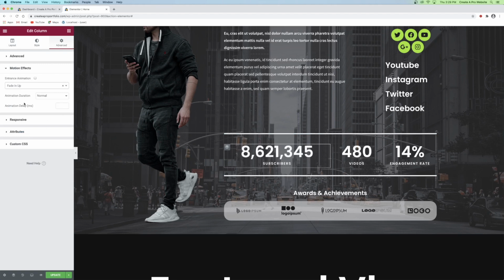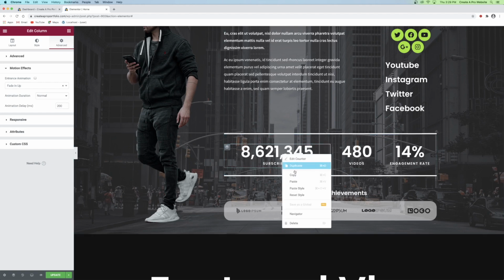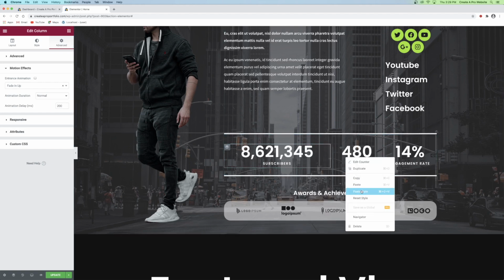And then I'm going to increase the delay to 200 milliseconds. And so now it's going to wait 200 milliseconds. It's a delay, and then it will fade up. So I'm going to do the same thing for this one, so this is 200. I'm going to do the same thing for this one. So copy, paste the style,